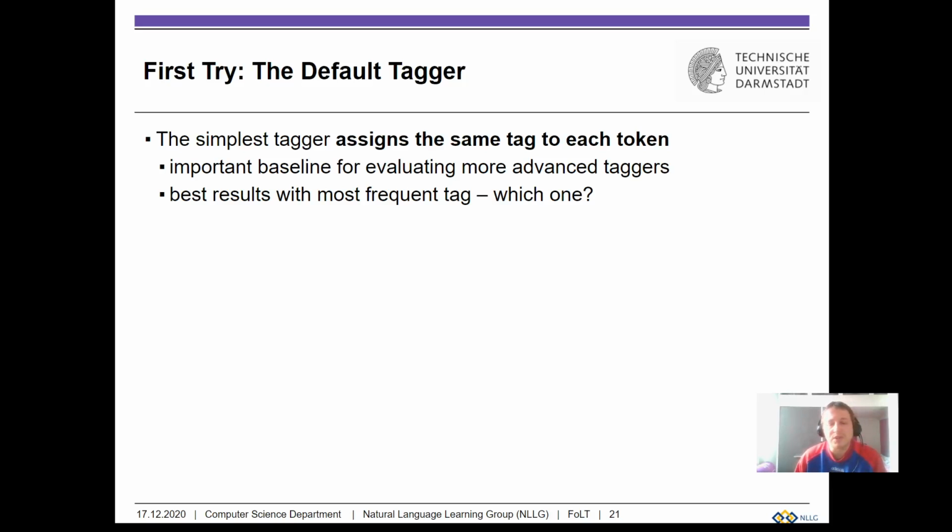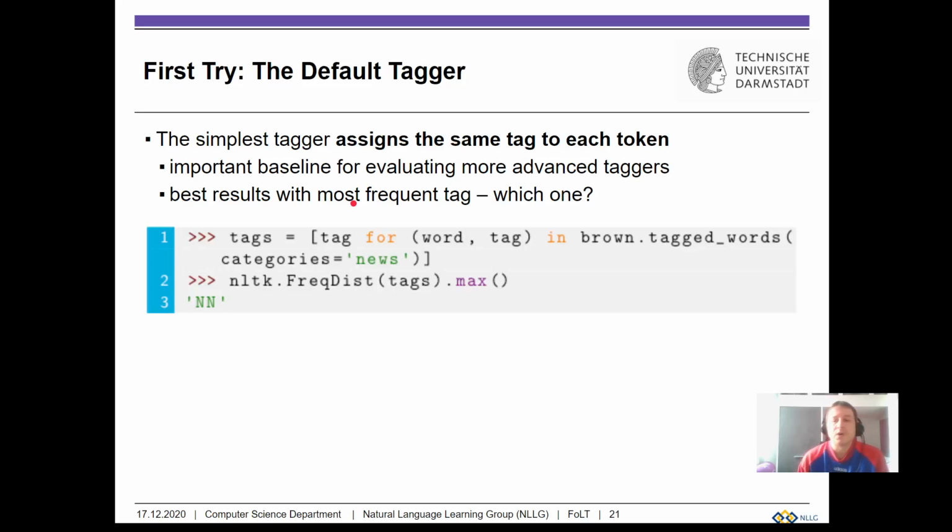So this is an important reference point for the quality of your own tagger that you would design. So let's just take the most frequent tag. What we're going to do is check all the tags for the words in the corpus, and we're only keeping the tag, right? So we get just a sequence of tags, and then we make a frequency distribution which tells us, well, verbs